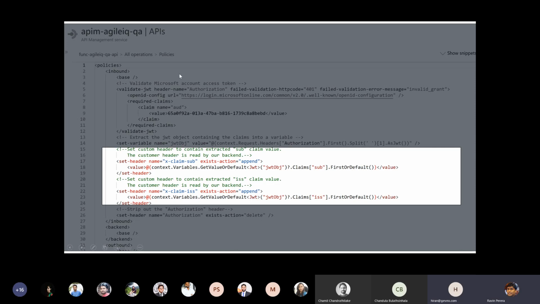Now let's say, Ravin, you're talking about the claims, the authorization part, since authentication is done from the API management, right? Which basically received a valid token, I assume. Thereafter, your application still cannot let all the users access all the endpoints.